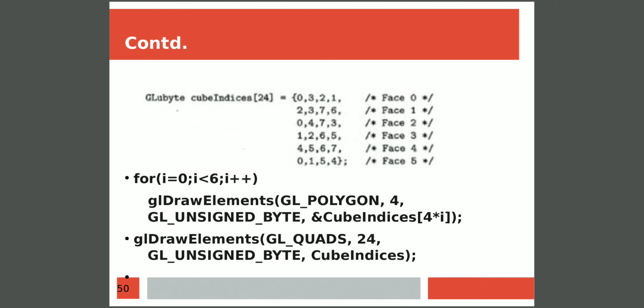Then the array where these vertex numbers are present is cube indices, that is the fourth parameter. Data type for cube indices is GL_UNSIGNED_BYTE, that will be the third parameter. Now when you look at the implementation using a vertex array or vertex list, none of the function calls is repeated multiple times. Here we have just used a for loop, and this function glDrawElements will get called multiple times, but we are not repeating the same function call multiple times in a program. That is the advantage of implementing a colored cube using vertex array instead of the glBegin function with GL_POLYGON or glBegin function with GL_QUADS.